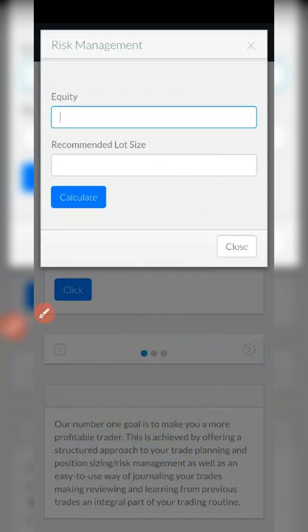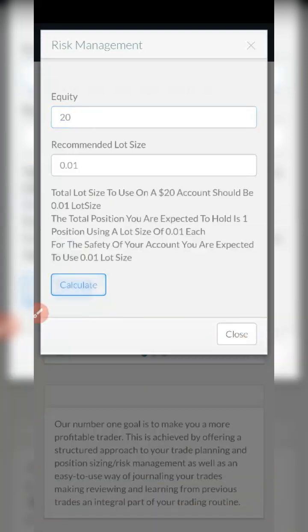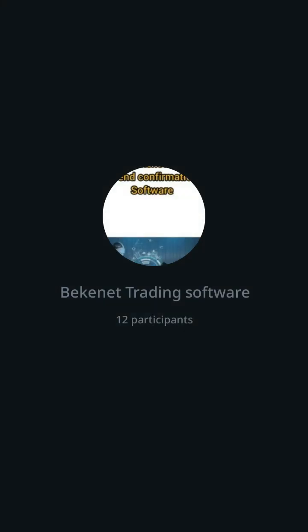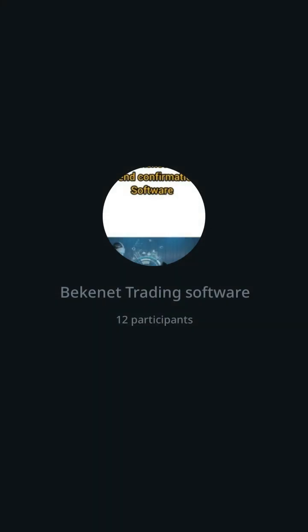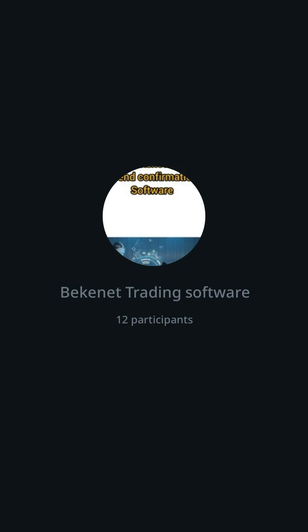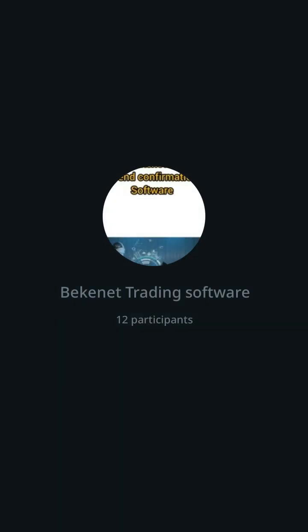So I'm going to explain what the proper lot size is that you're expected to use for any kind of account. Let's assume I am using $20. What is the lot size I'm expected to use? Just click calculate. I'm expected to use 0.01. In a rough case scenario, if our stop loss is 100 pips, meaning that if the system hits our SL, we are losing $10. $10 minus your $20, we still have $10 left. So you already know what you are risking per trade. Do you understand? You already know that if this thing goes sideways,